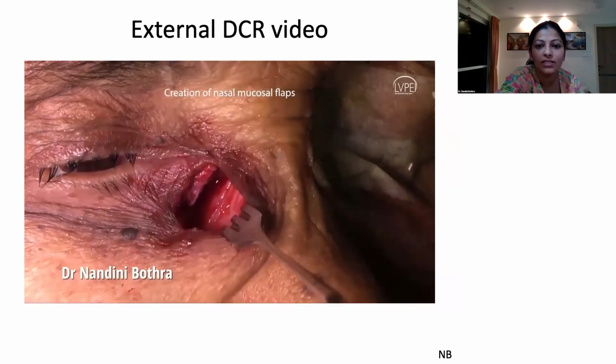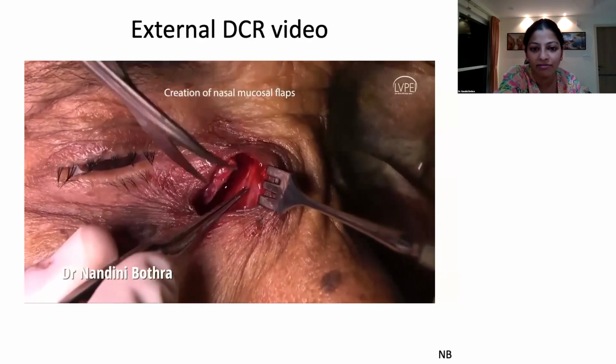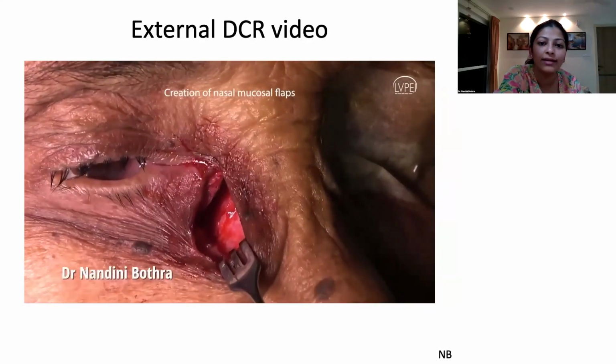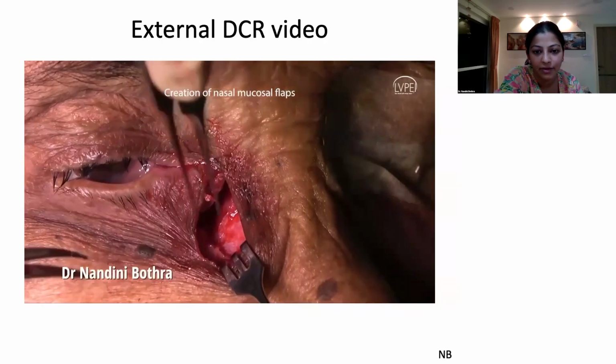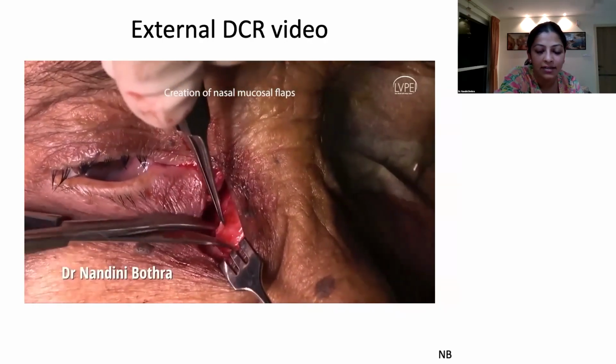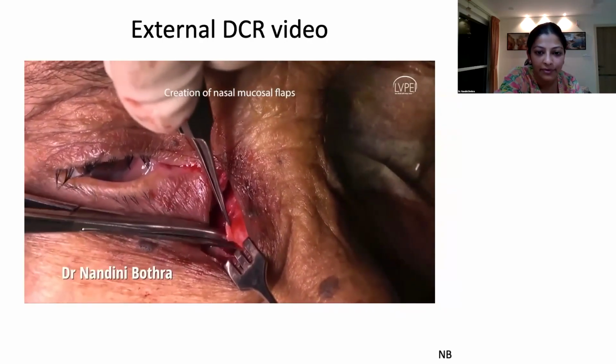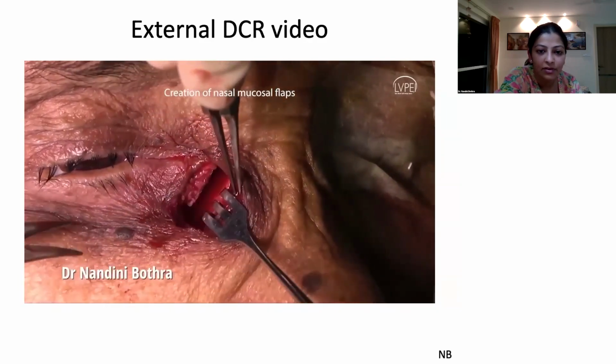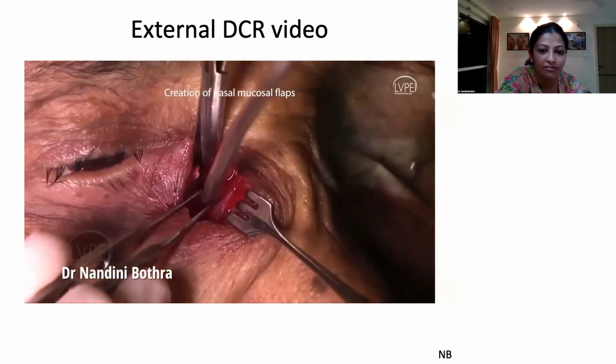And then just like how you did for the lacrimal flaps, you would give vertical incisions such that you create an H-shaped flap. So again, that is your anterior nasal flap, right? And similarly, you will create a posterior nasal flap,